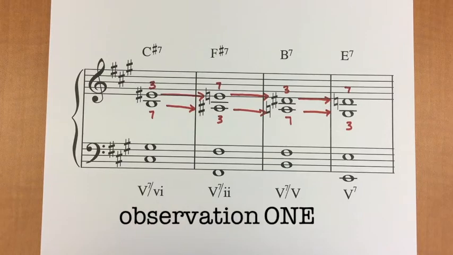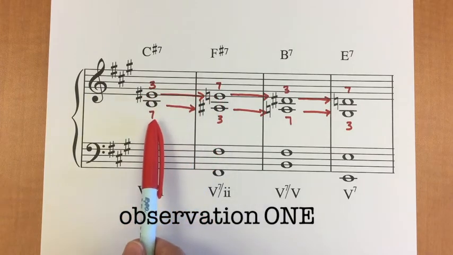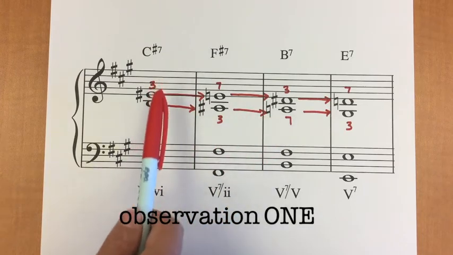There are 3 observations I would like to make about the voice leading of this progression. Our first observation is to notice the pattern that emerges in our top 2 voices. Notice how the 3rd resolves down to the 7th, and our 7th resolves down to the 3rd, and each chord alternates between that 3rd and 7th